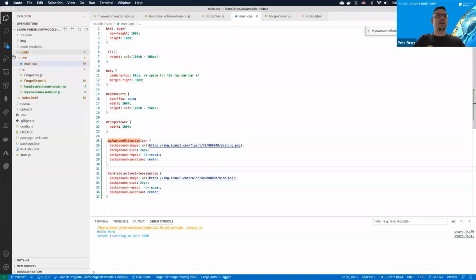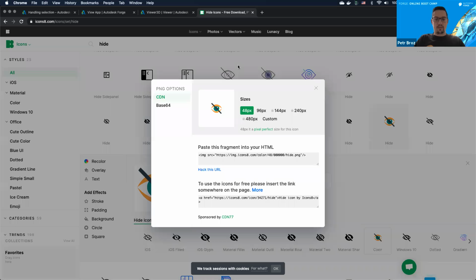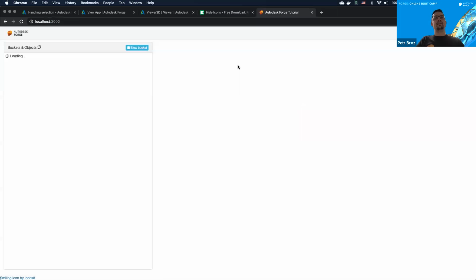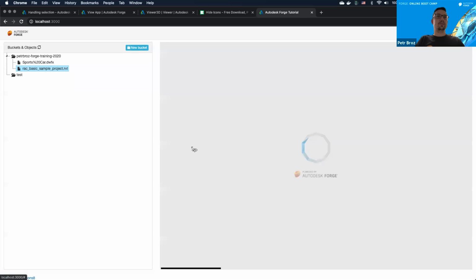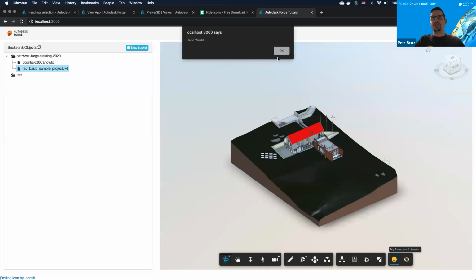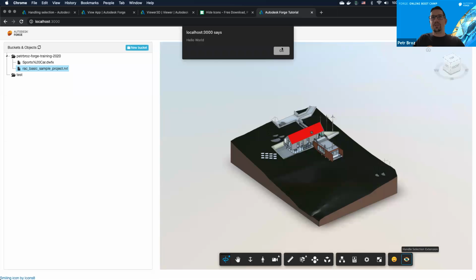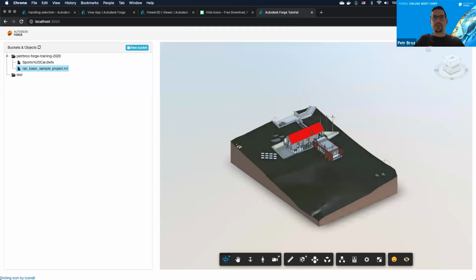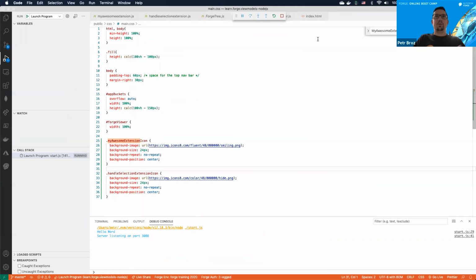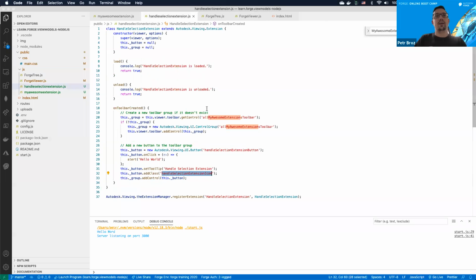All right. Now if we run our app, let's see, we should now see two buttons in our new container: my awesome extension that just says hello world, and for now, handle selection extension that also says hello world. That works. Now we're finally getting to the part where we're about to start implementing the custom behavior leveraging the